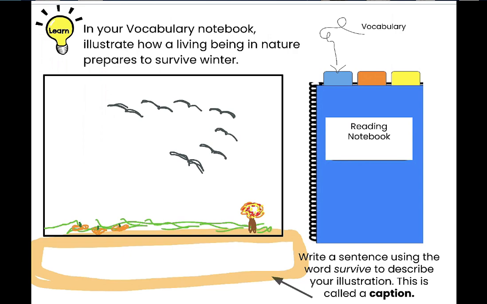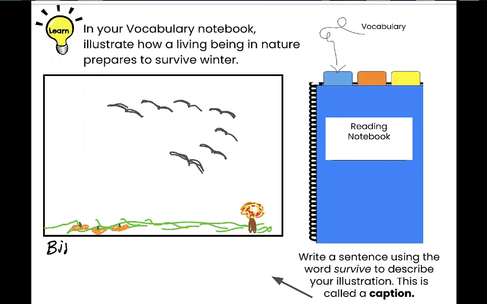Well, I did draw birds, so I should write something about birds. Birds survive. Oh yeah, we have to use the word survive in our description here. We actually call this a caption, sneak peek, because I'm going to talk about that in a second. Birds survive the winter